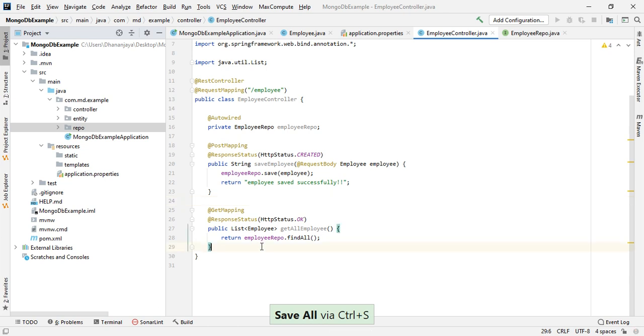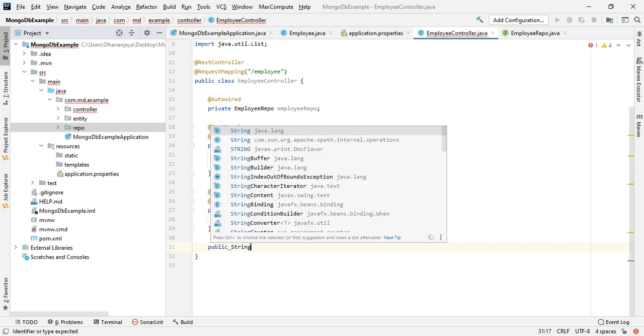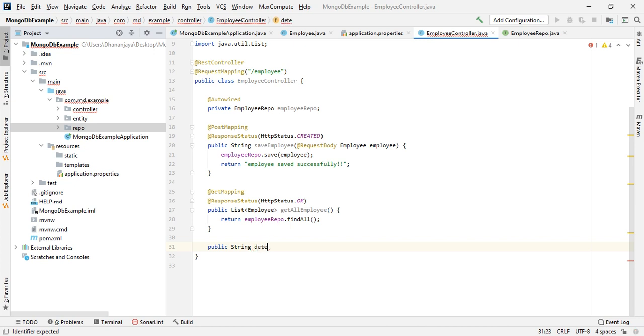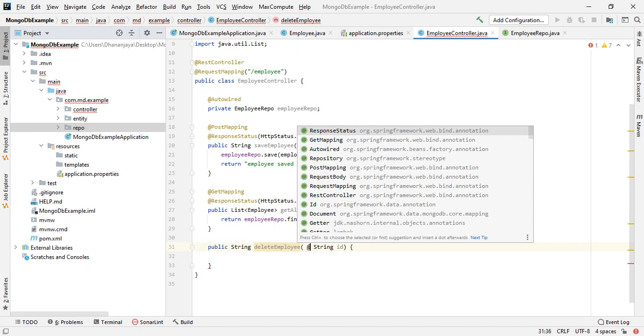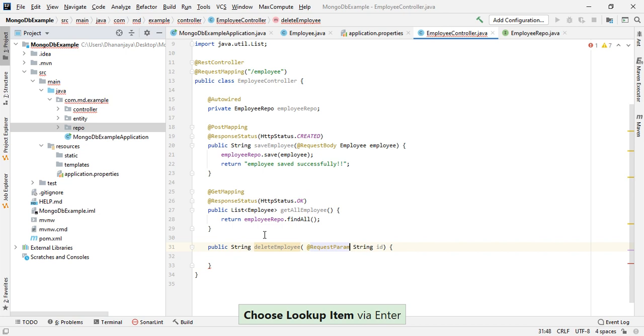Let's try to delete the object from the database. Public string deleteEmployee. I will pass the id, string id, and I will pass that as a @RequestParam.